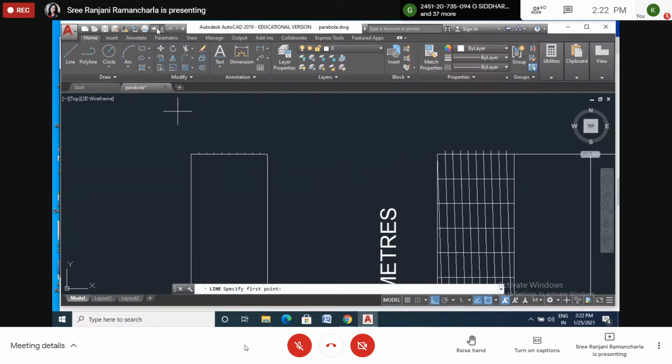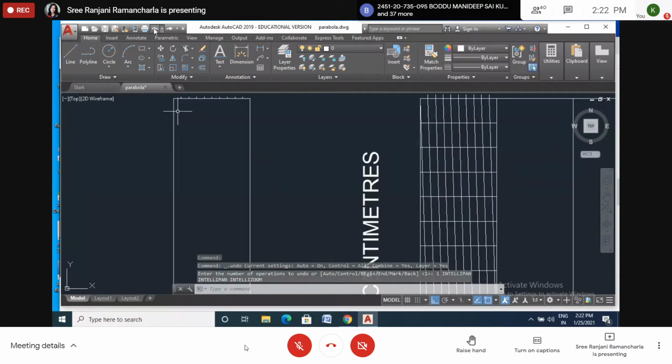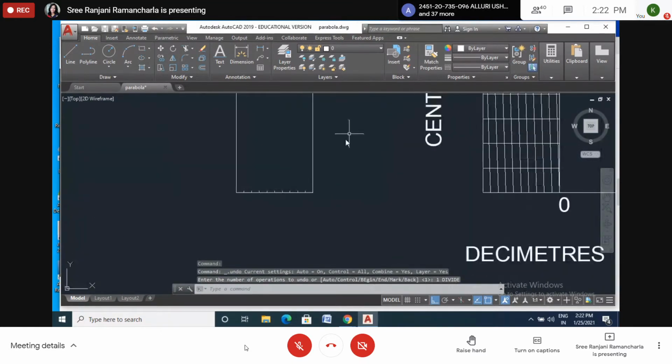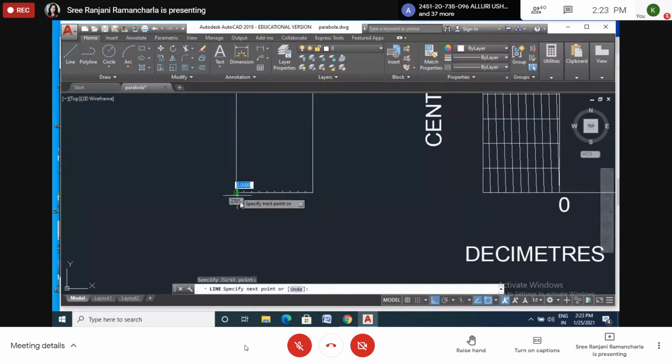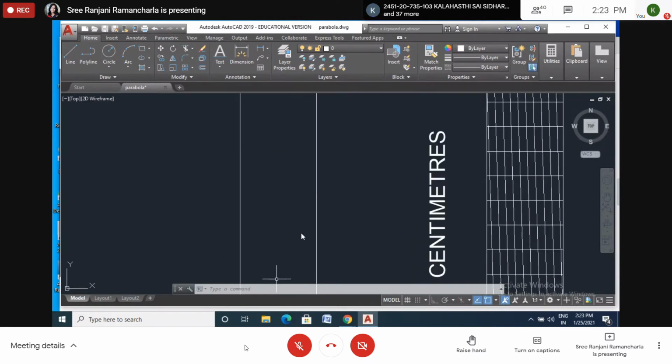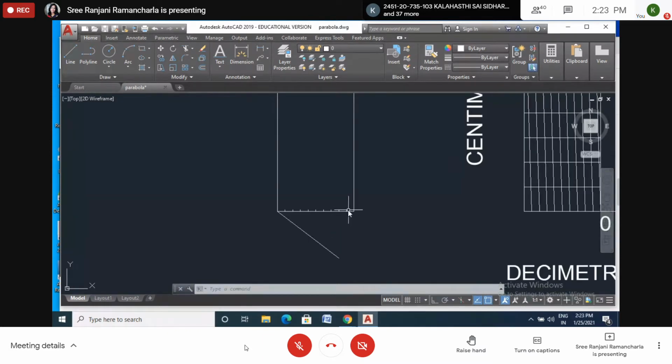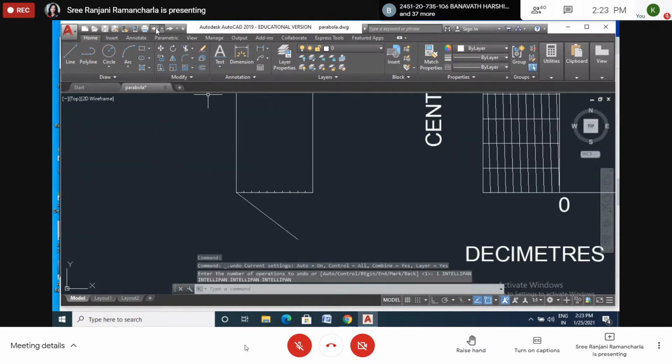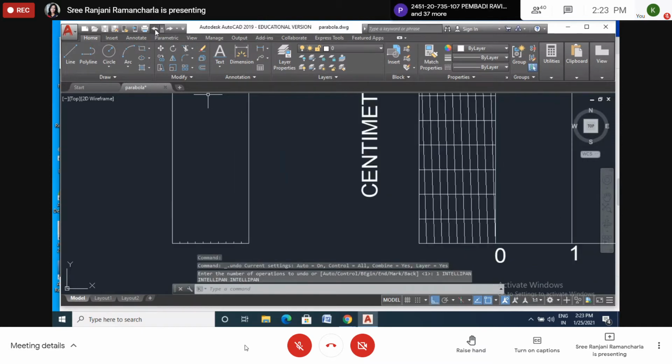Okay, let me remove this one first again. You divided it, right? Doing it in some method like this, taking one line of approximately 2 or 3 centimeters, then dividing in this way. Is it clear? Okay, you divided in this method, but here no need to divide in this method. Just after you get these divisions, you mark the 10 divisions you got. Is it clear or should I explain again? Explain, ma'am. Wait, let me explain again.